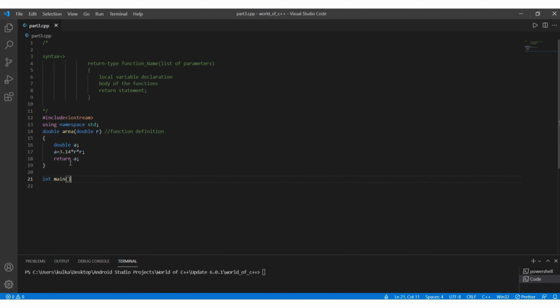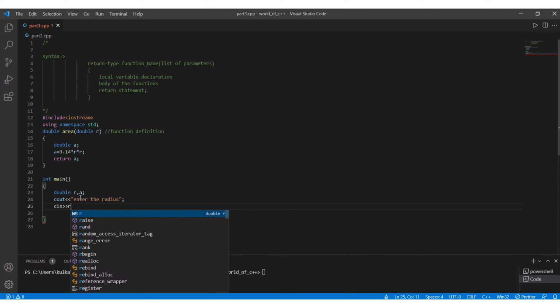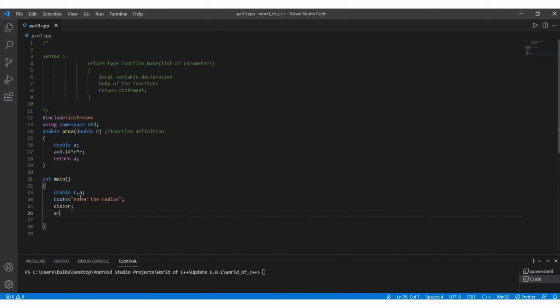Then the main function, that's int main. In that, double R, A. Prompt the user to enter the radius, accept the value of the radius, then A is equal to area(R).